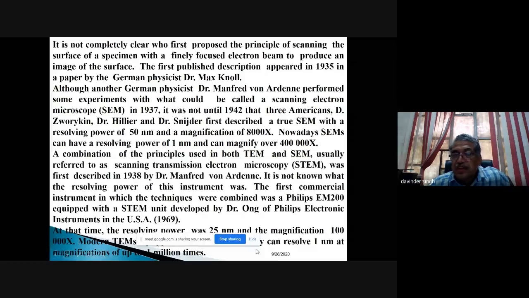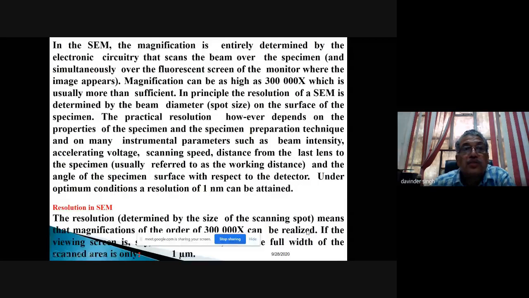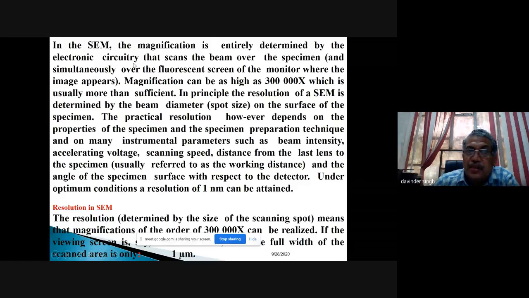But now the magnification with the TEM is around 4 lakh, with 1 nanometer resolution, or 0.1 nanometer resolution with the advanced HR10 we have. So in case of scanning electron microscopy, the magnification is entirely determined by the electronic circuit that